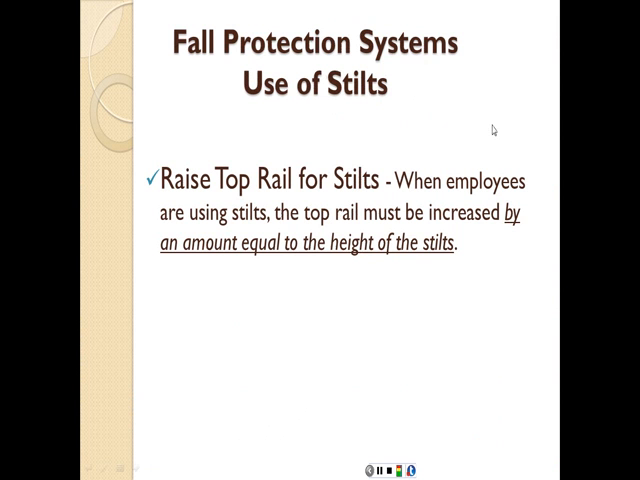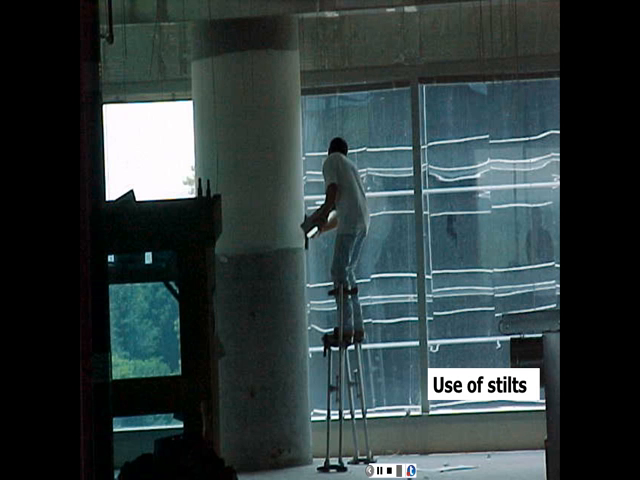Now, if you're going to be working on stilts, for example glazers, the ones who are installing glass for windows and things like that, sometimes they use stilts to reach higher levels on the same floor. So if you're going to use stilts, then you have to raise the top rail to match the height of these stilts as well. So when employees are using stilts, the top rail must be increased by an amount equal to the height of the stilts. Here, for example,